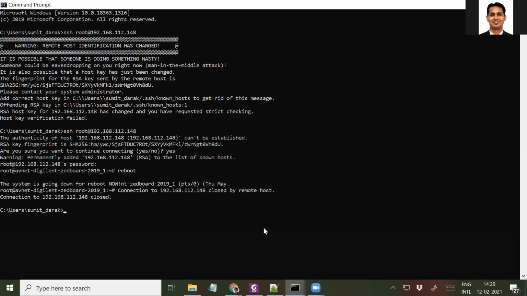After you complete the reboot, you need to wait for a few seconds and then SSH into the board. Let's check whether the reboot is completed or not.